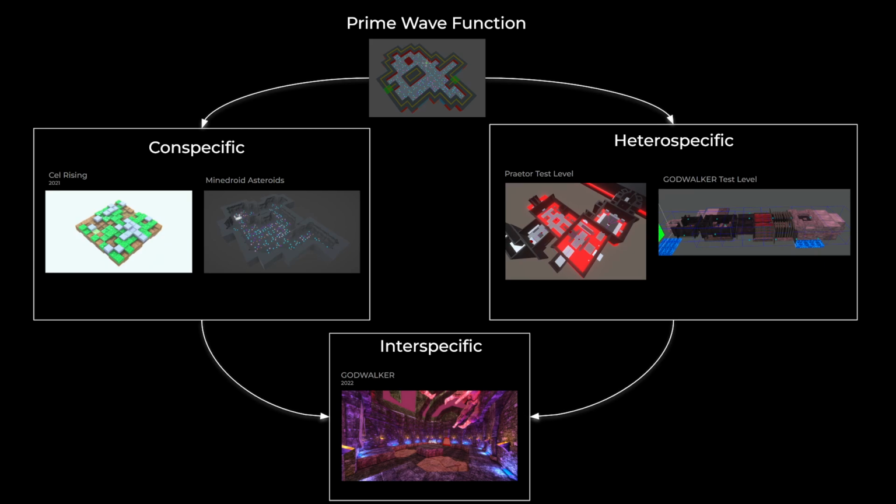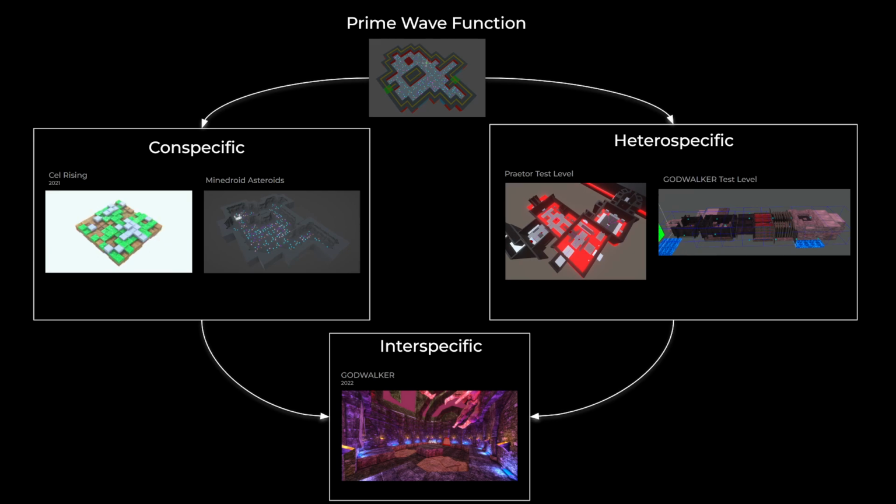The Praetor test level has all these rooms with lava in it and all these connected doors and secrets to find and all that cool stuff. And the Godwalker test level, this one was more interesting. This one just swapped out different types of weapons. And that's what I use the generation for, which at first may seem kind of weird. Like, why are you using a whole generation system for weapons? But it was a type of randomization which allowed me to, in the same way that Cell Rising has these dips and valleys,